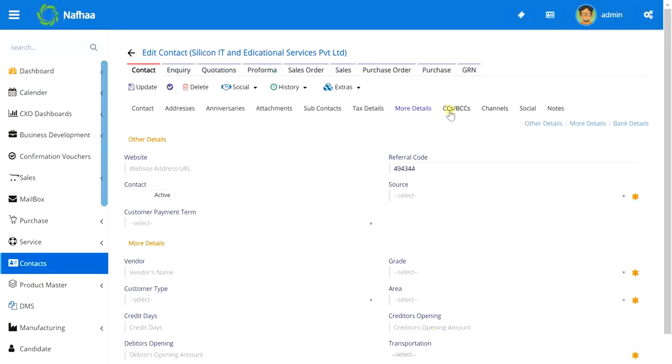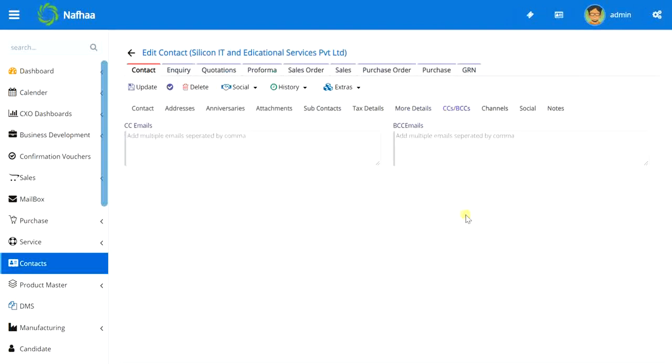Okay. Then CC/BCCs, what are these? In Nafa, there is again a dynamic thing given for email sending. You can make it automated, so whenever a transaction is made, a trigger can be made automatically, or you can have manual emails. As we discussed in the first form, we have a primary email address. What if this is a very priority customer to you, and you are concerned that whatever transactions are done with this customer, an auto CC mail should be sent to me? So go ahead, add it here in CC or BCC, and you can even add multiple emails with a comma separator.